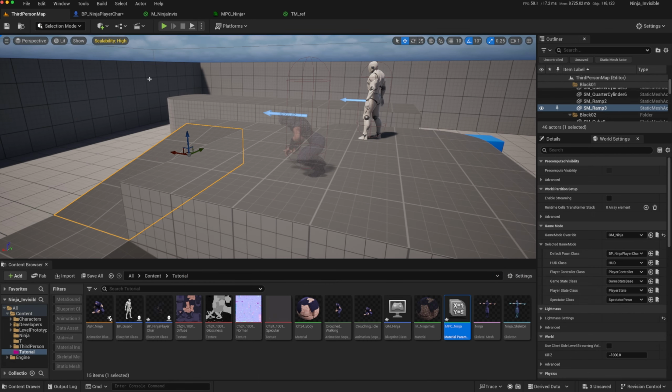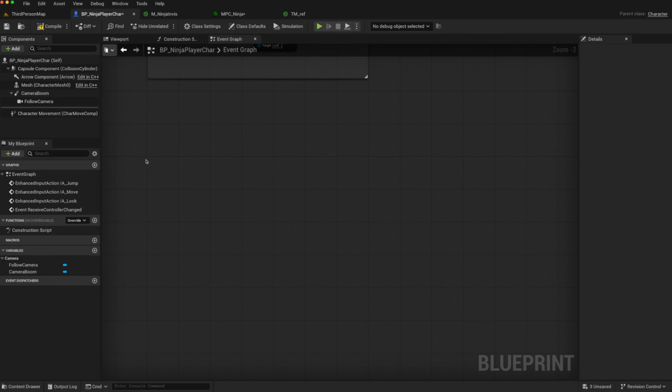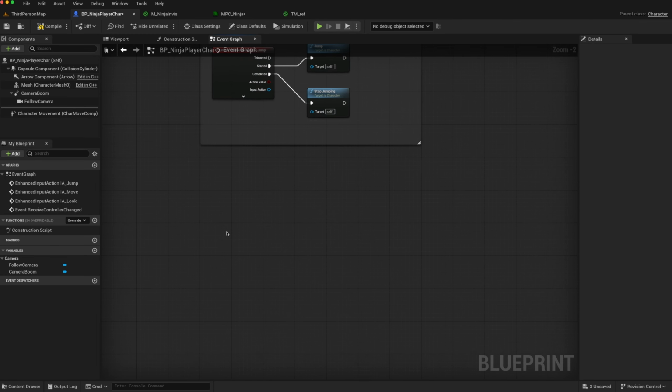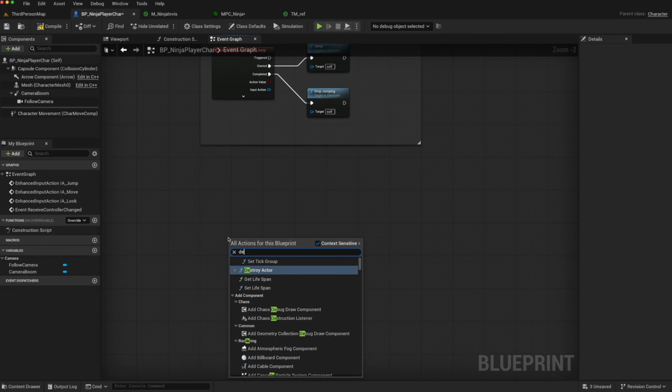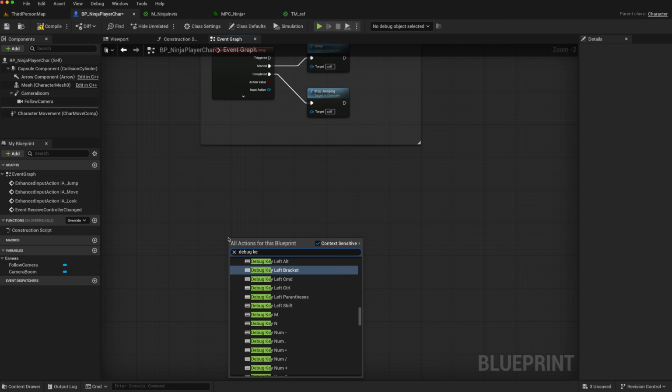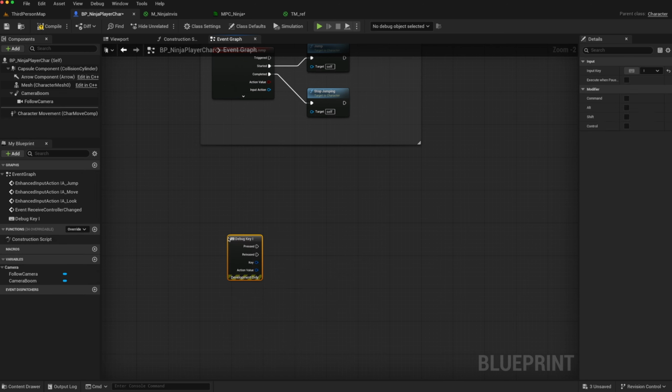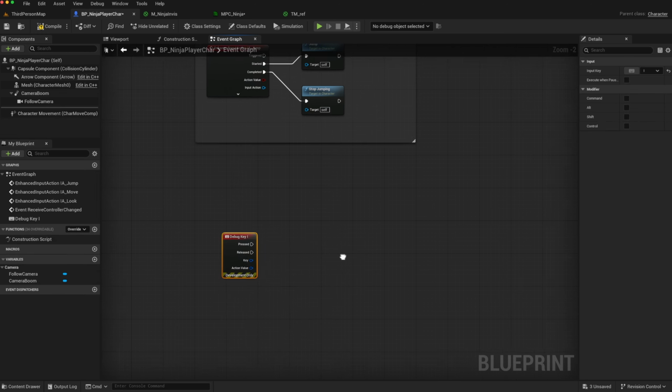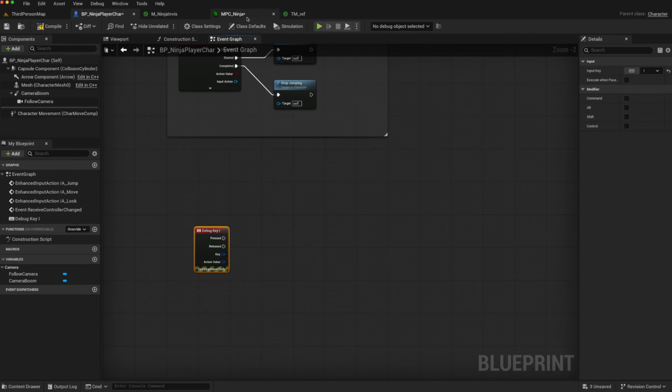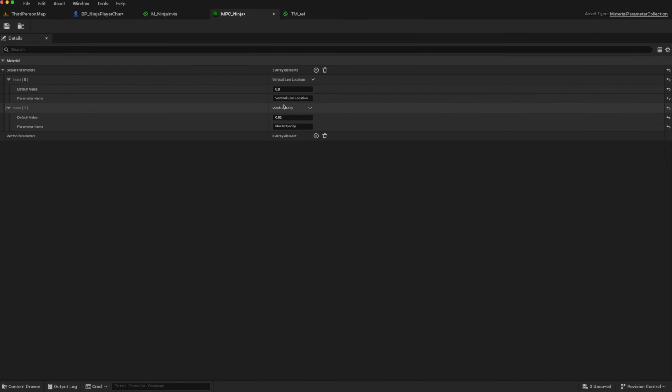If we go back to our Ninja character, and down here create a debug key to activate our invisibility, we'll use debug key I. We'll need a timeline because we need to control certain values here. So our vertical line will be 1 by default, and our opacity will be 1 by default, and we want to control these with an animation. So let's just save those numbers,